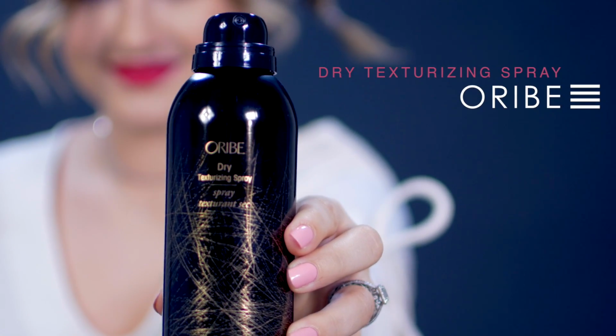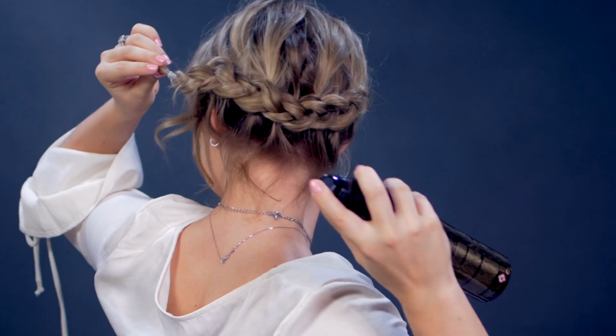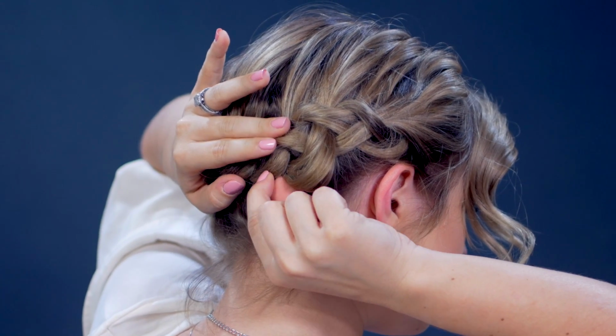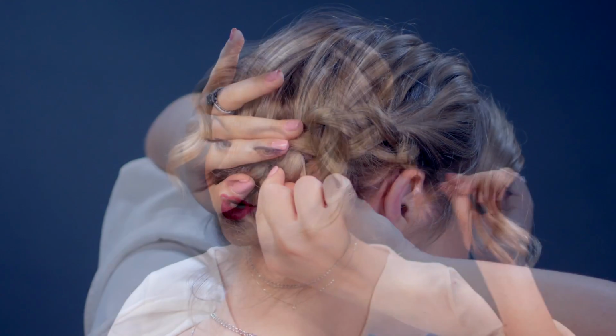I'm pulling apart the braid, and go as much as you can. If you need to add a little bit of texture spray to help with the little grit for the hair, do it, but make sure you pull it out as much as you can because you want that big emphasis on the updo. All right, so I'm gonna go to the other side once I'm done pulling the braid apart,